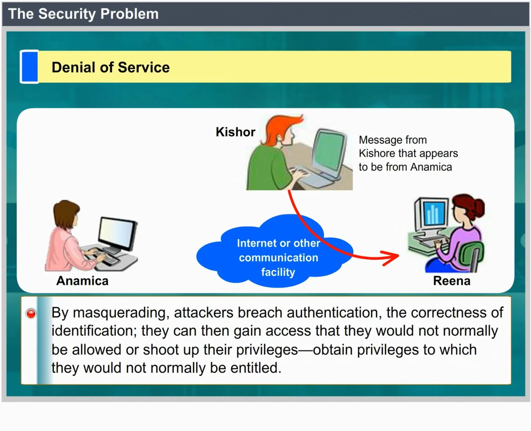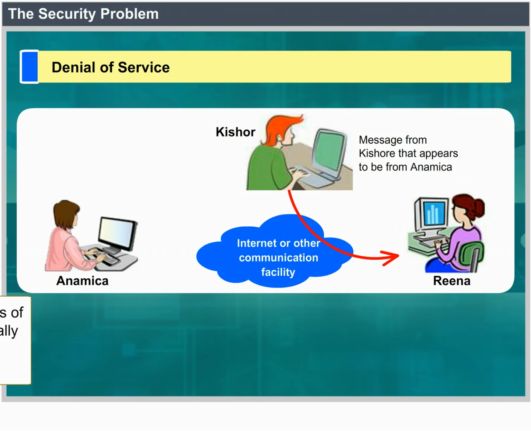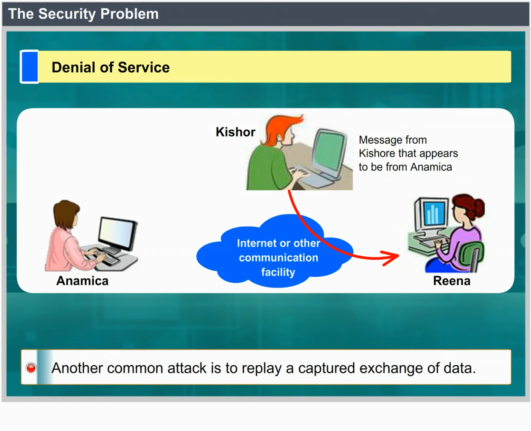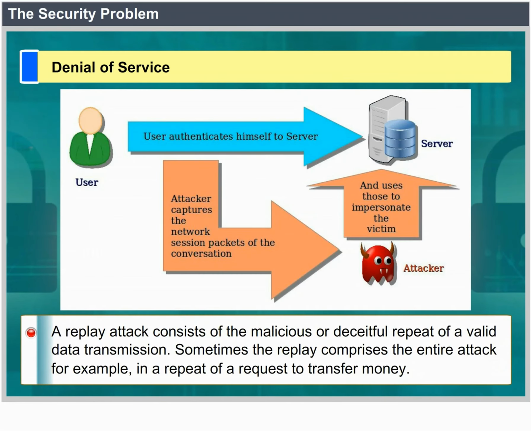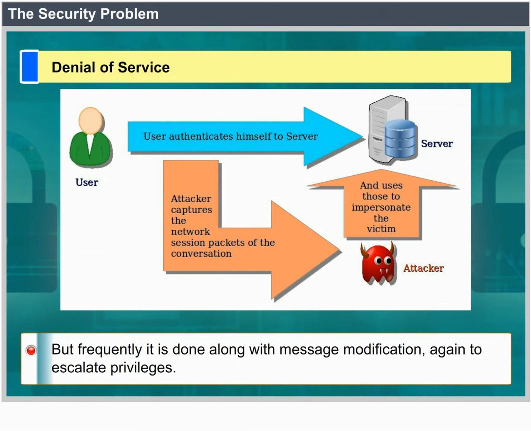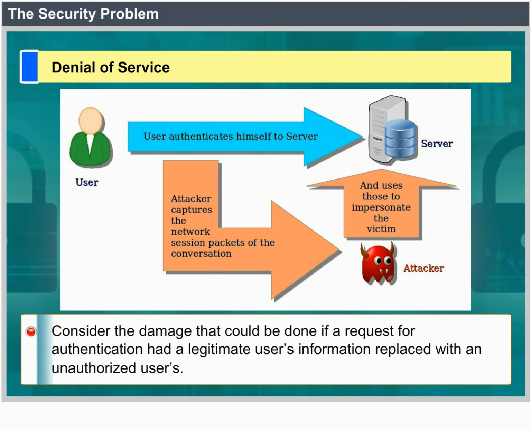Another common attack is to replay a captured exchange of data. A replay attack consists of the malicious or fraudulent repeat of a valid data transmission. Sometimes the replay comprises the entire attack, for example, in a repeat of a request to transfer money. But frequently it is done along with message modification, again to escalate privileges. Consider the damage that could be done if a request for authentication had a legitimate user's information replaced with an